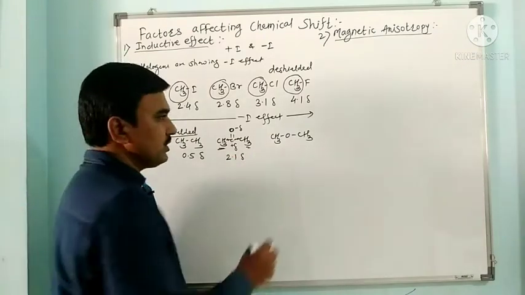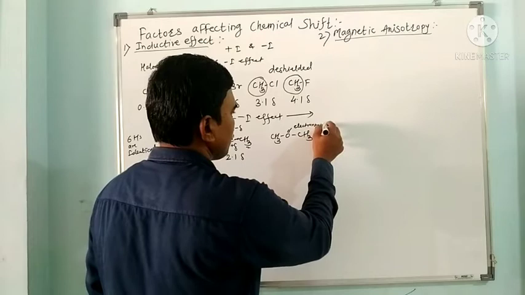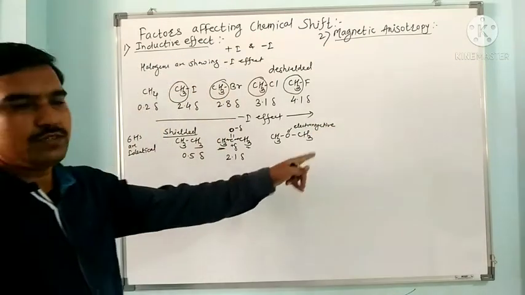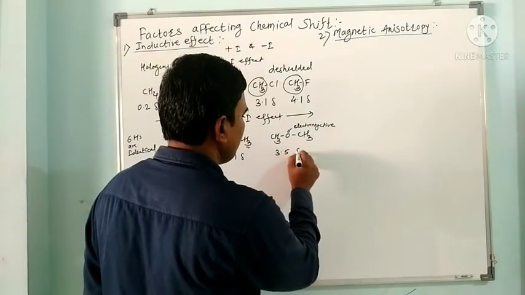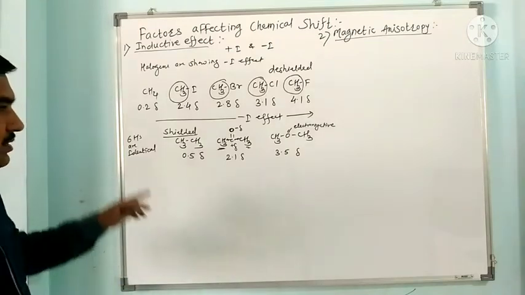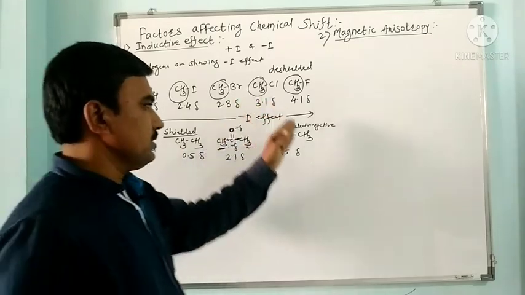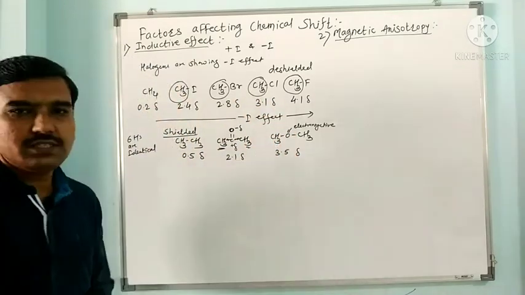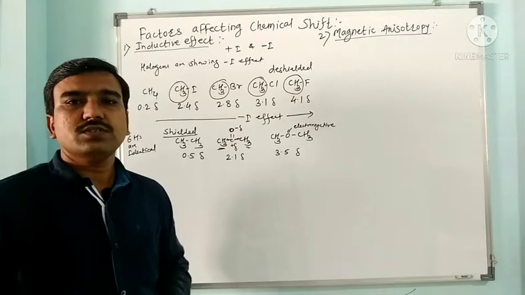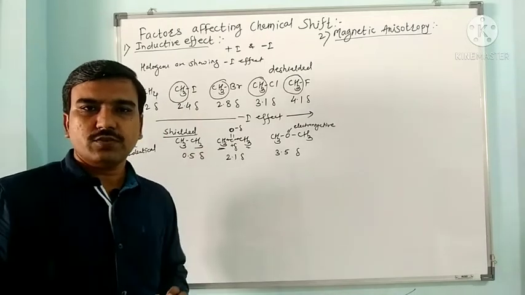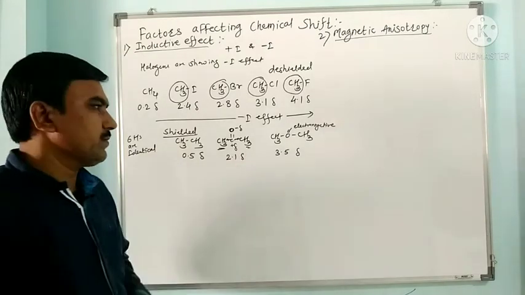But when we move towards dimethyl ether, oxygen is electronegative. It is the second most electronegative element after fluorine. So here its chemical shift is around 3.5 to 3.6 delta. So the deshielding increases when we move from ethane to acetone, and acetone to dimethyl ether. The chemical shift increases. So the minus I effect increases the deshielding. They give signal in the downfield region, require less energy for resonance, and hence give signal quickly, away from the TMS, away from the reference standard.